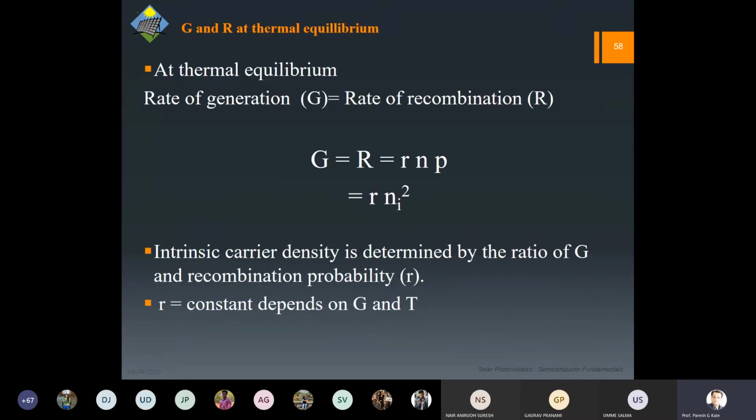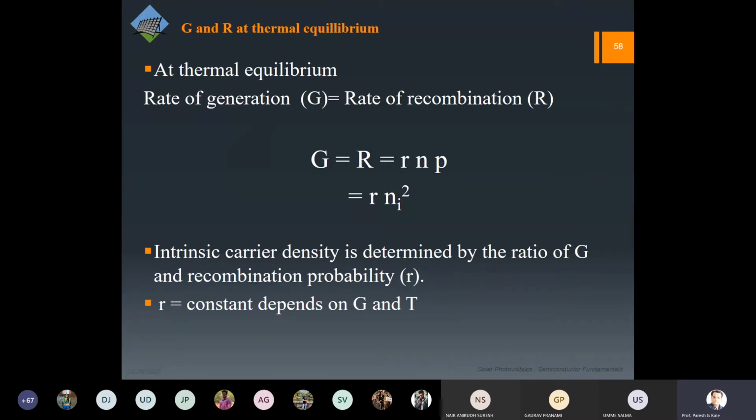But before that, we are going to learn some types. Obviously, there is some generation rate, and there will be obviously some recombination rate, given by G and R. And it depends on how many carriers are available. The more carriers available, the more probability that they will get recombined.